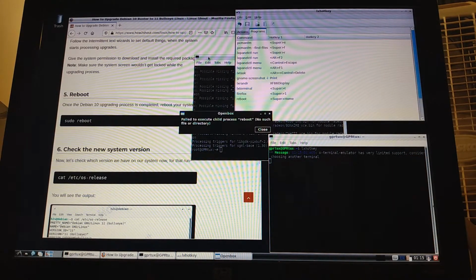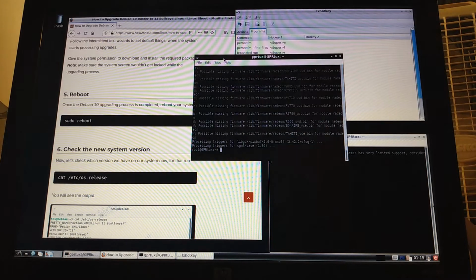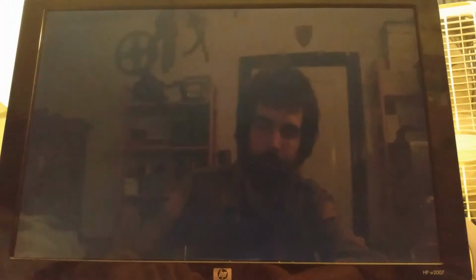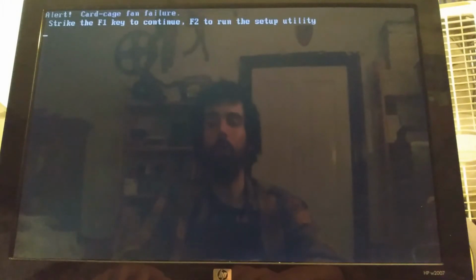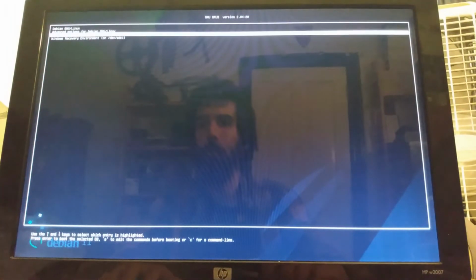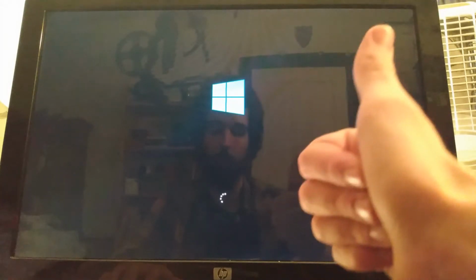No such file or directory. Okay. While we're here, let's see if Windows 10 still works. Windows 10 still works.